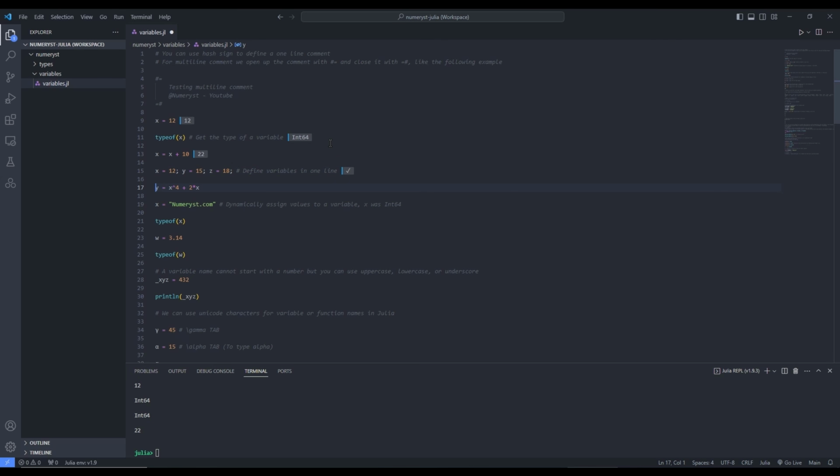and assigning them to another variable. We can change the data type of x. We had assigned value 12 to x over here. Now we are assigning a string to x. So we are dynamically changing the data type of the variable. Over here we have assigned the numerous.com to x. And if we run this line and check out the type of the variable x, as you can see, it's a string. But before that, it was Int64